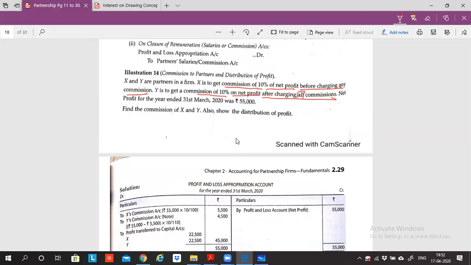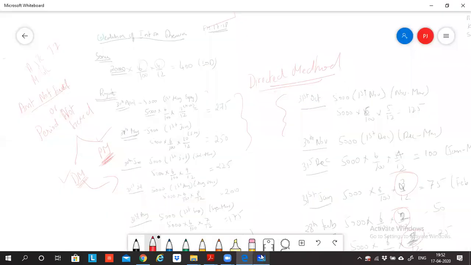So net profit for the year ended 31st March 2020 is 55,000. Now please calculate and tell me what is the commission that I need to pay X and what is the commission I need to pay Y. X we can directly do, sir. 10 into